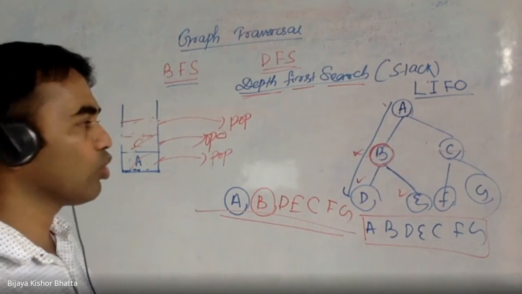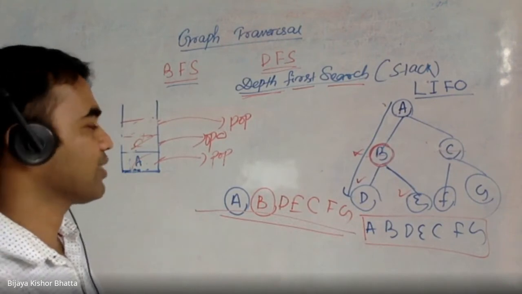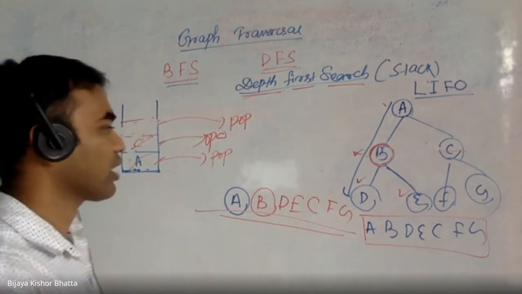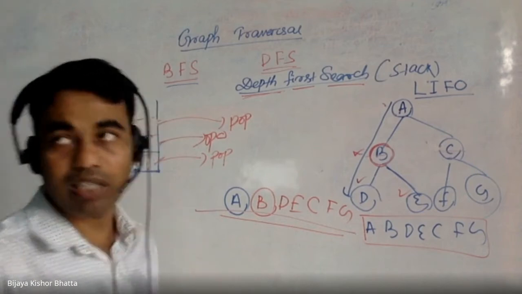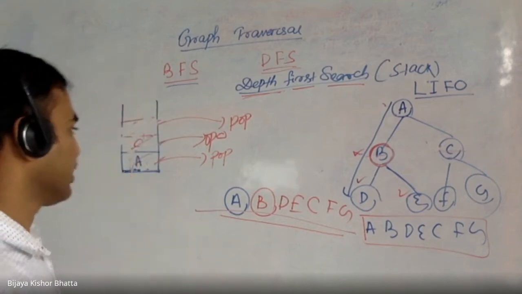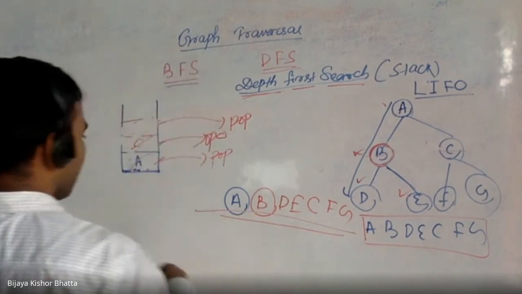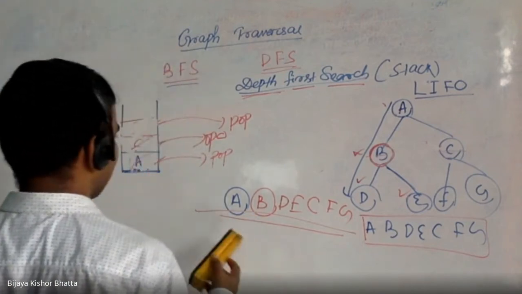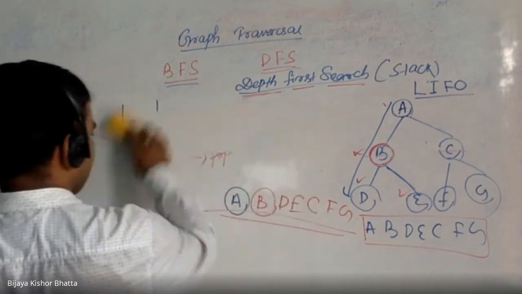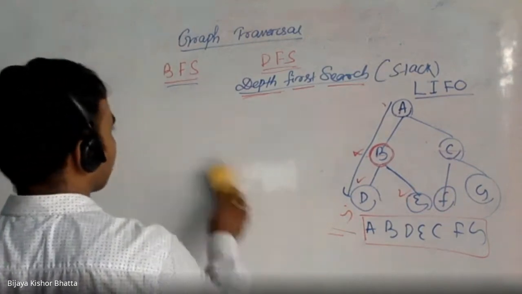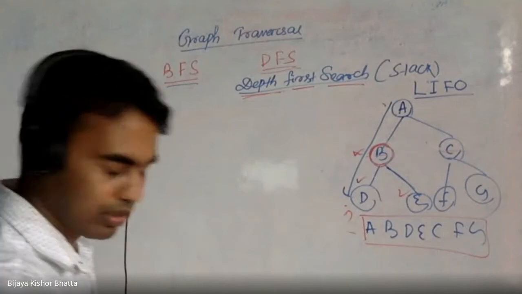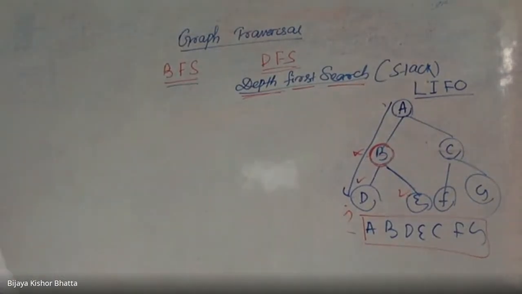It will keep on going depth wise, and it will keep on inserting the value into the stack, and it will keep on asking the same question: whether there exists any adjacent vertex. So let me take a graph example. This was a tree, and the concept is the same, but let me take a small graph example.